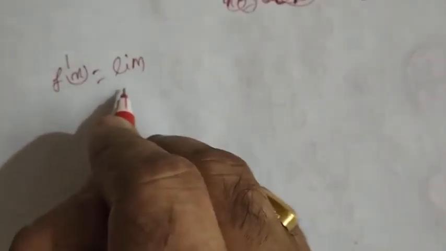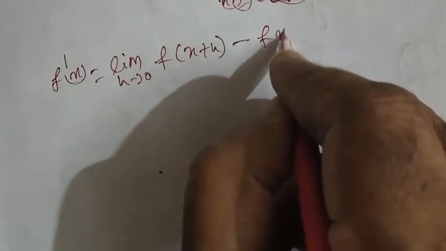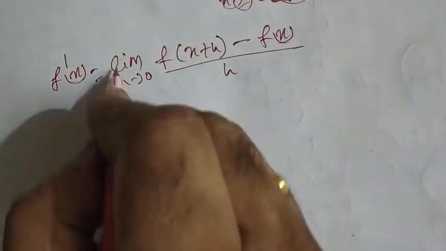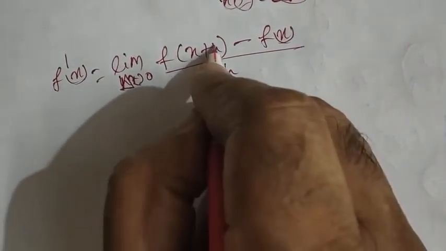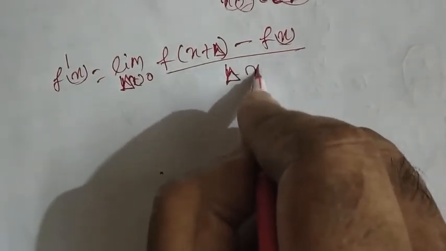In our last video, we were discussing the beauty of calculus, and we also discussed locally linear functions, that is, differentiable functions. And we know what f dash x is. It is limit h tends to 0 of f of x plus h minus f x by h. Replace h by delta x tends to 0: f of x plus delta x minus f x by delta x.